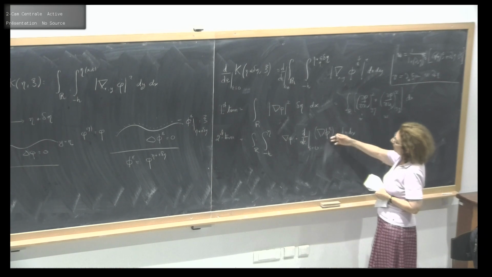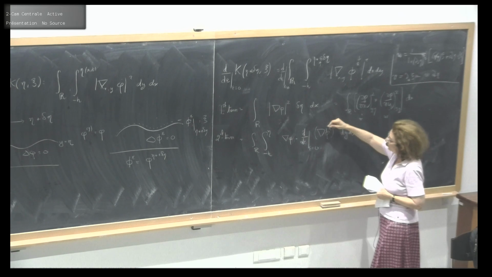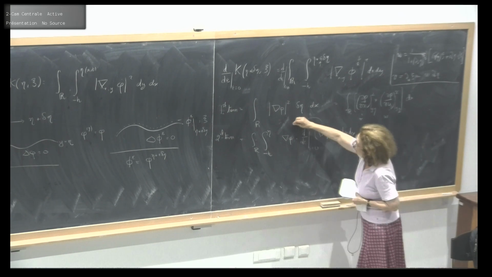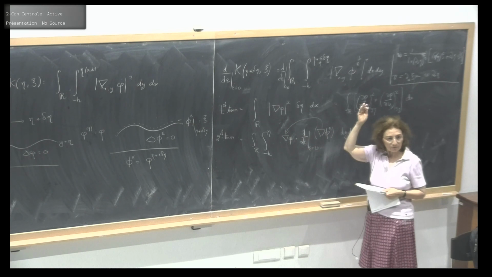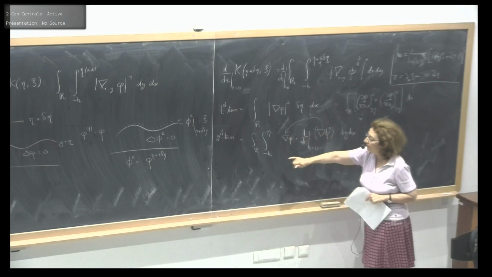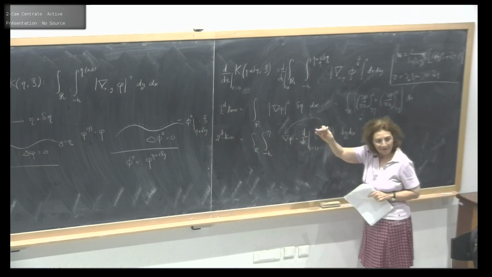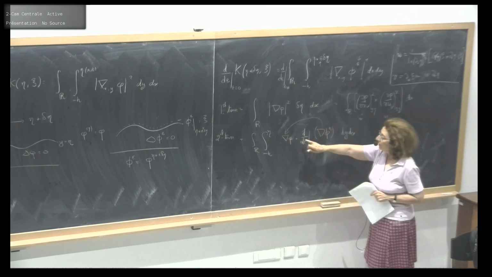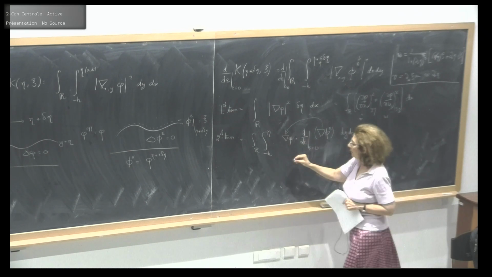So we need to calculate this. So I'm going to use Green's identity. So this gradient I put here gives me Laplacian phi, that's 0, gone. And then two boundary terms. One on the bottom, that will be d phi dn 0. So I need only to write this quantity at the surface. That will give me